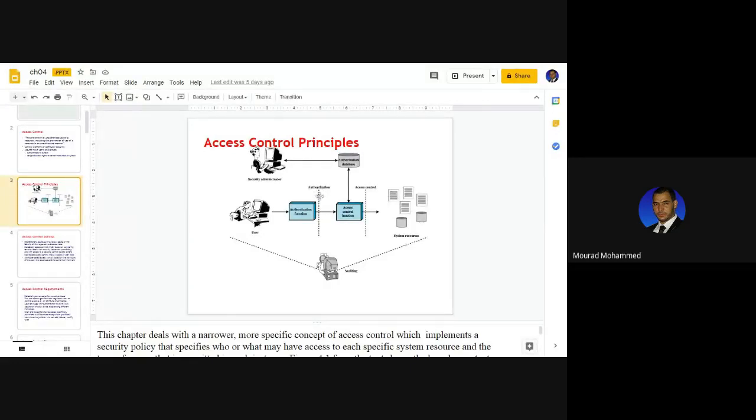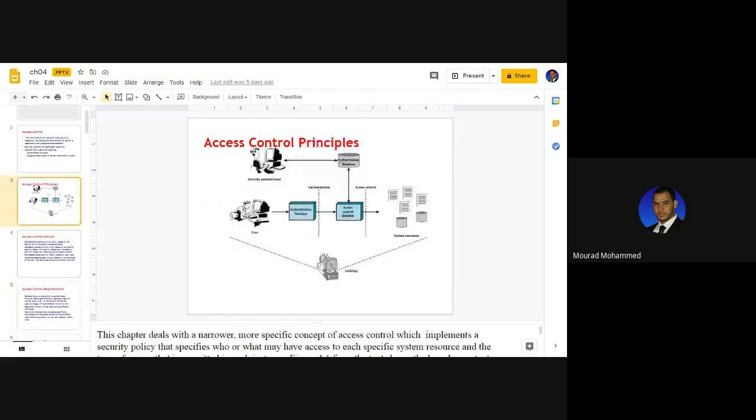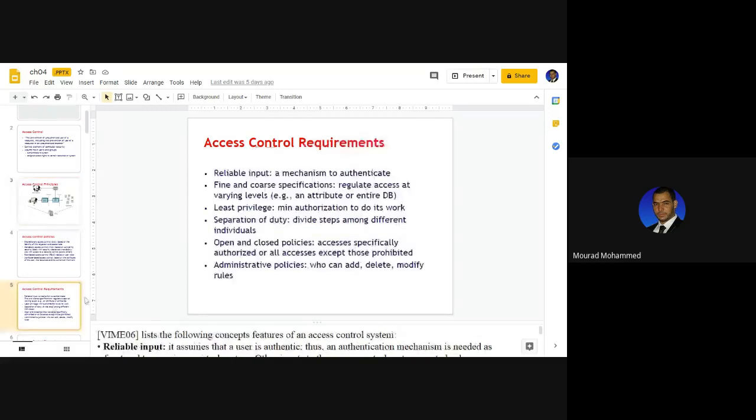So at the beginning, once you are authenticated, you'll be awarded a very least privilege. Then after the access point, the administrator and the access control center point will be controlling you and giving you a different privilege if you need. Otherwise, you'll keep the same privilege. Those are requirements that have to be set before we talk about any policy behind the access control.